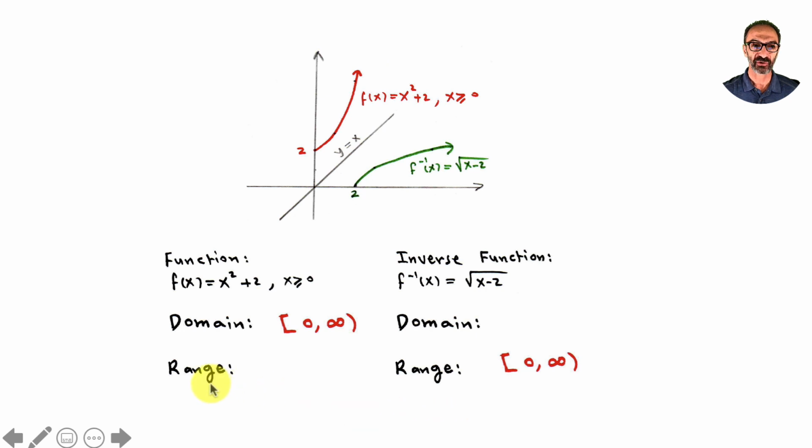Let's look at the range of the original function, which is y values from 2 all the way to infinity. Let's look at the domain of the inverse. The domain is x values from 2 all the way to infinity. Now,